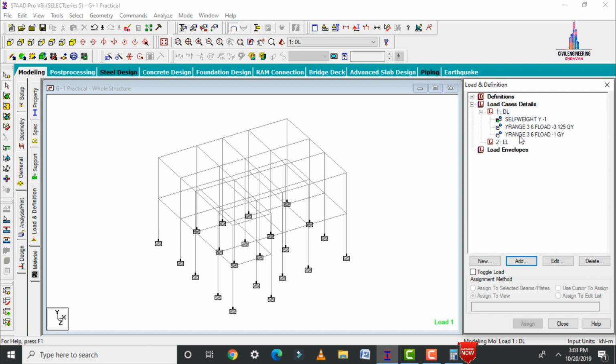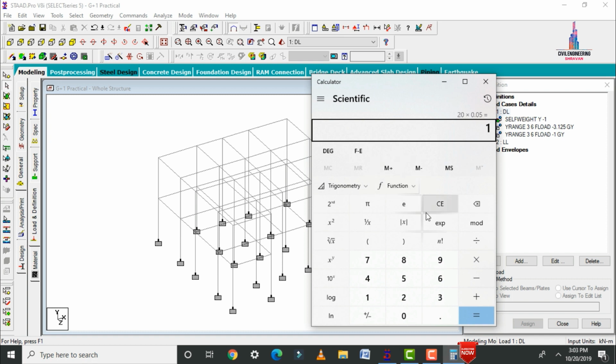So after adding this floor finishing load, we need to add the partition wall load. So basically partition wall load is nothing but your inner wall load. So for construction of any kind of building, basically we will consider 120 mm as the thickness for the internal wall. Okay, so we need to calculate the value of your partition load under this thickness. So basically we will consider the thickness of the wall as 0.12. So we need to multiply this value with the unit weight of brickwork. So basically the unit weight of the brickwork is also the same as the unit weight of the cement mortar, which is equal to 20. So we need to multiply this value with the height of each floor.